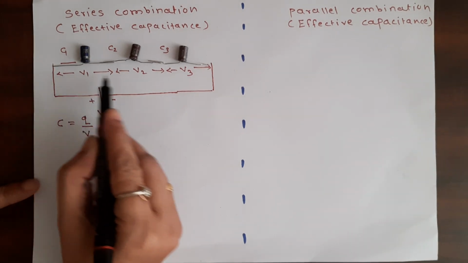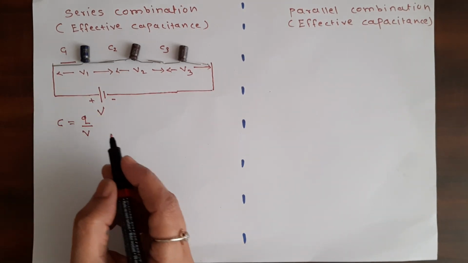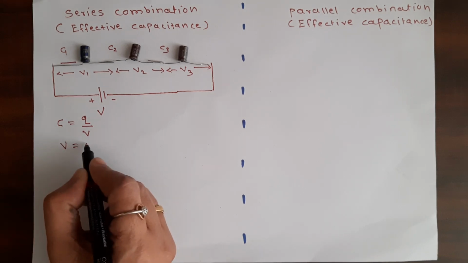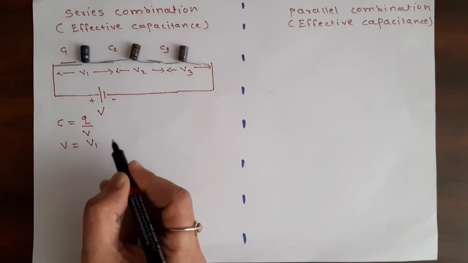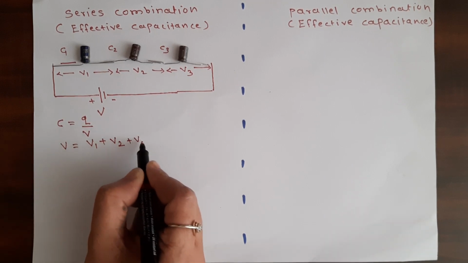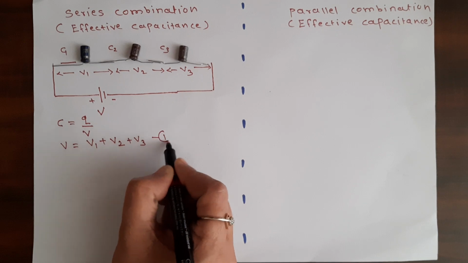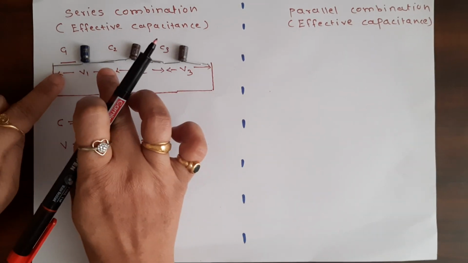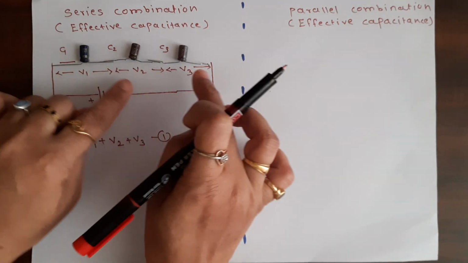Now in this combination V changes, so we have to write the equation in terms of potential, that is V is equal to V1 plus V2 plus V3, equation 1, as this total potential is divided into V1, V2 and